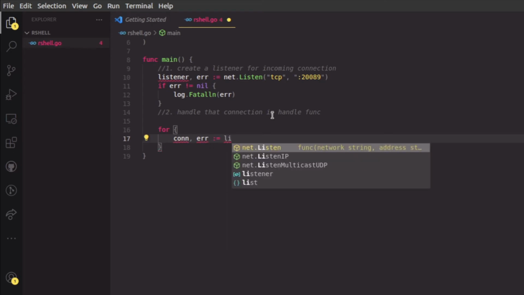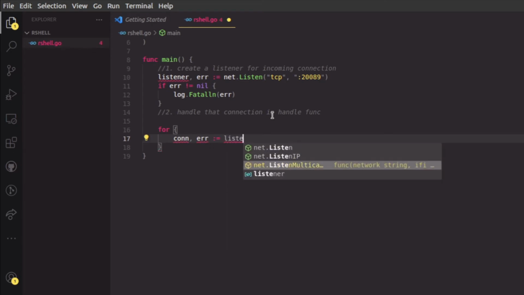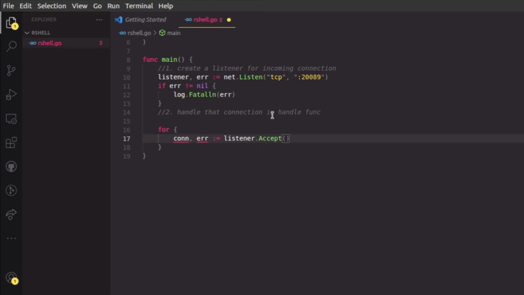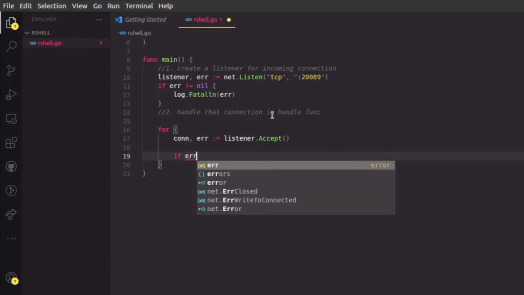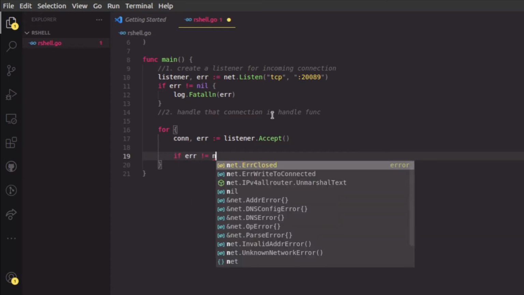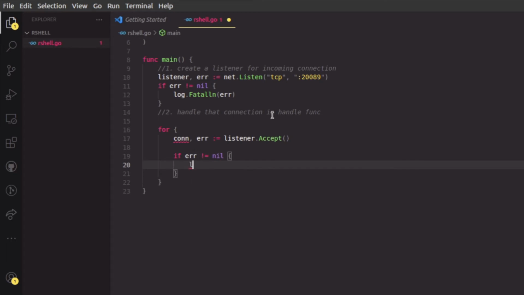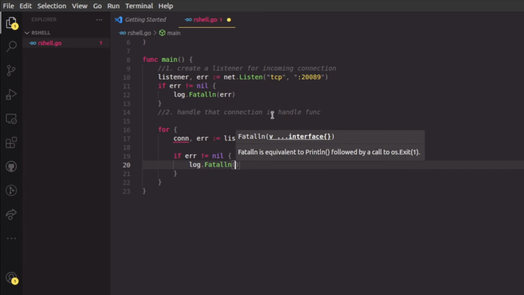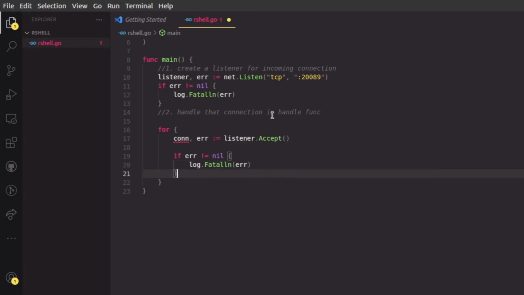I'm going to say listener.Accept, which will return a connection object. Let's do the error handling first. Same thing I'm going to write here as well, log, I'll simply print the error.